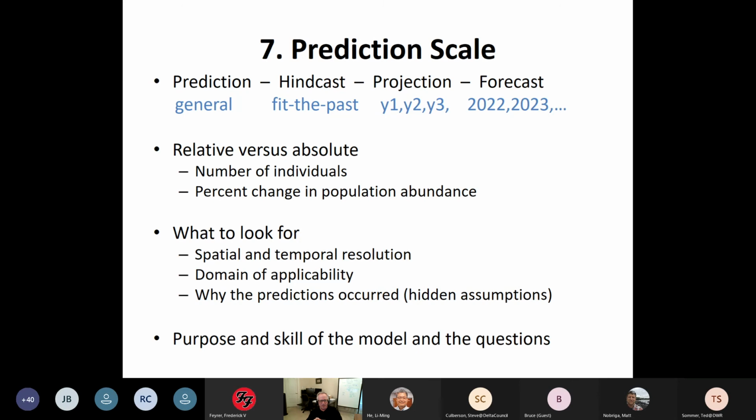And then don't accept any projection that doesn't have an explanation as to why it occurred, because that reveals the hidden assumptions, right? If you make me explain why it happened, then you have a much better way to judge the confidence you have than just seeing a 26% change. It's 26% change because the larvae got more food, which changed their growth rate, which changed their duration, which changed their survival, blah, blah, blah. And then you say, okay, now does that make sense to me, right?